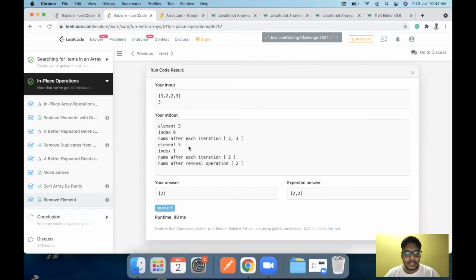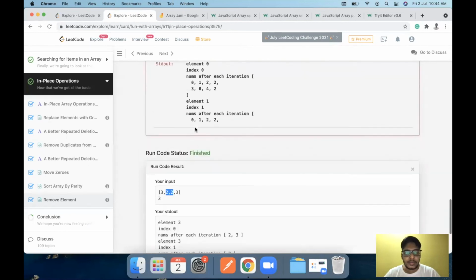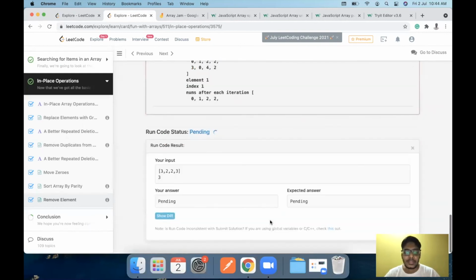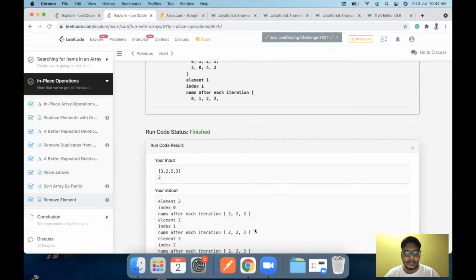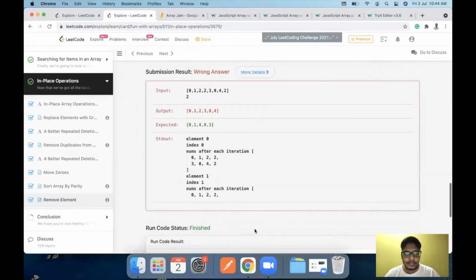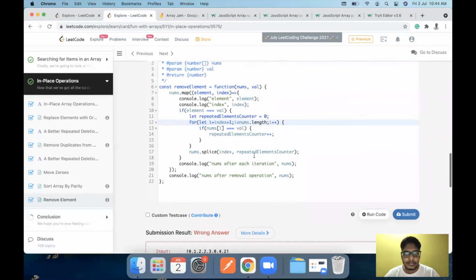So in this case, my element 2 shouldn't have got removed. So this should actually be index plus 1, I think. Let's try to run the code again. Okay, this iteration doesn't work properly.